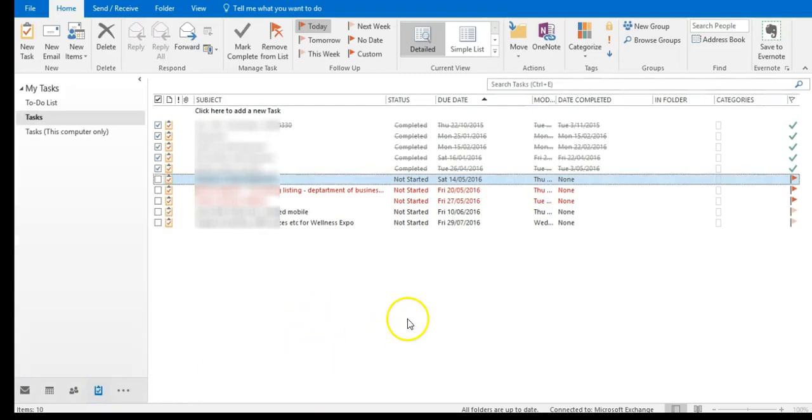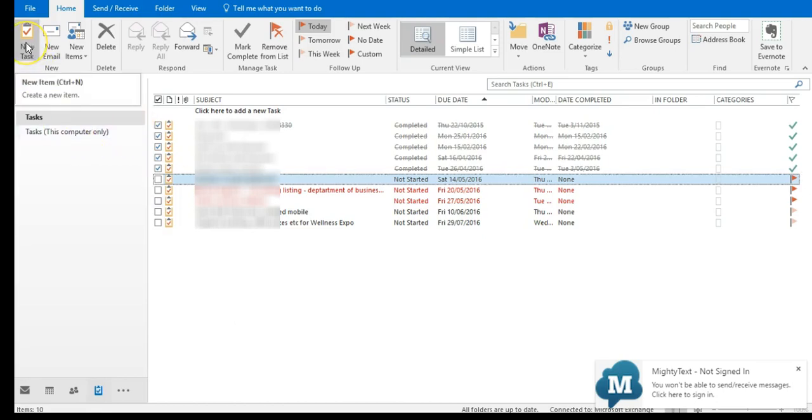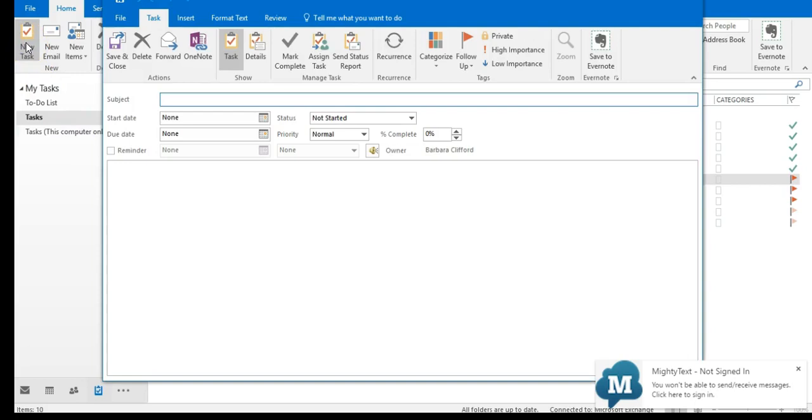Now, this is where people normally give up because there's actually two ways of looking at the tasks and the things that you need to do within Outlook. The task section here is purely the tasks that you create that are not attached to an email or a contact, because you can actually flag emails, contacts, and all sorts of things in your Outlook. And if you want to create a task that's not attached to anything, for example, if I want to take out the rubbish,